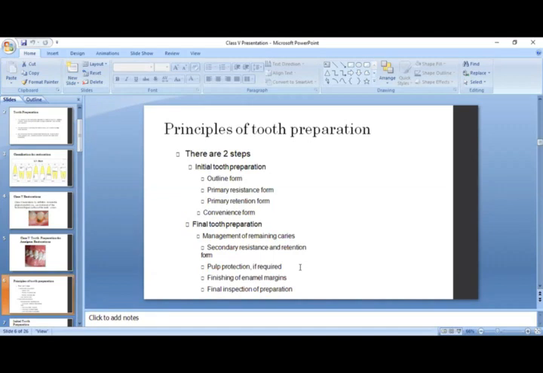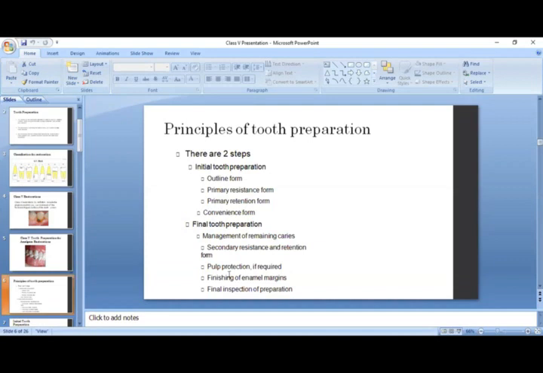The restorative goal means that your restoration should be away from the pulp. If you involve the pulp, that is not a restoration. Then there is something else, like you need to intervene in the pulp, so don't do it. Pulp protection is really important if you are going to do a filling or a restoration. Keep this in mind.